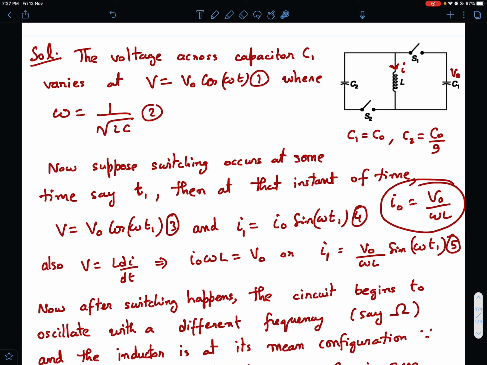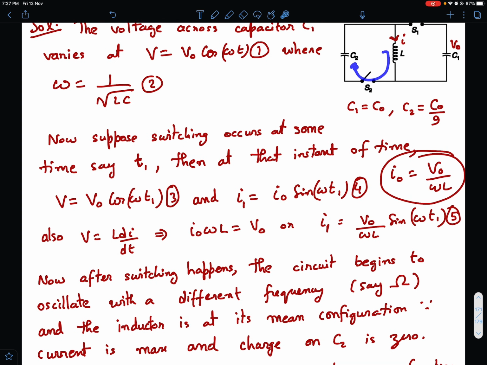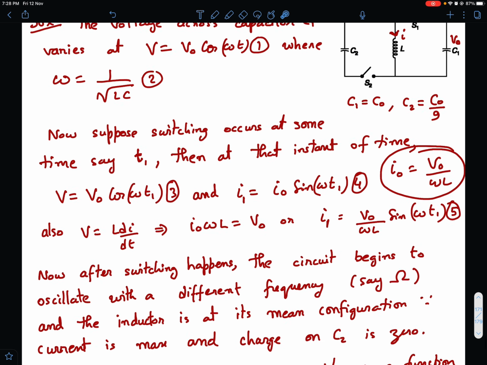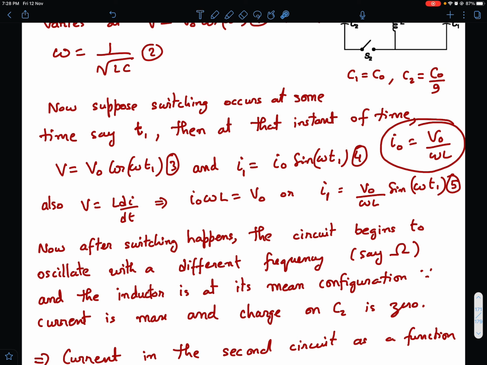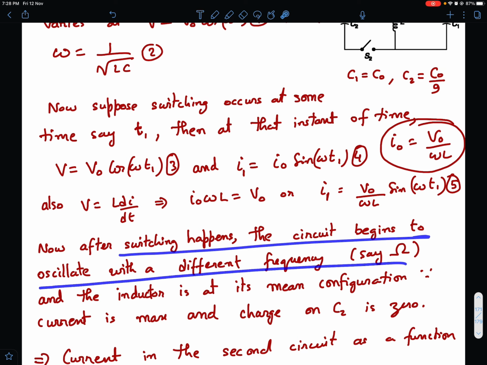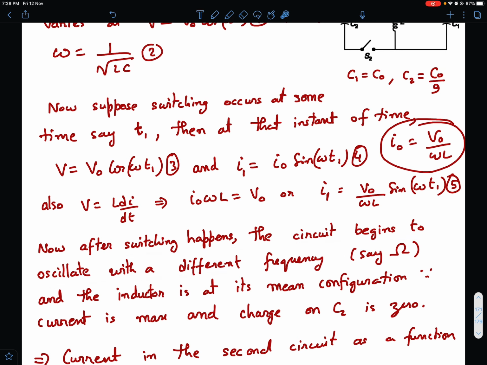The capacitor energy is 0 and the inductor energy is maximum. Then this inductor will be losing current through this. Current will be flowing through this, and the inductor current will be decaying initially. So after switching happens, the circuit begins to oscillate with a different frequency, say capital omega, and the inductor